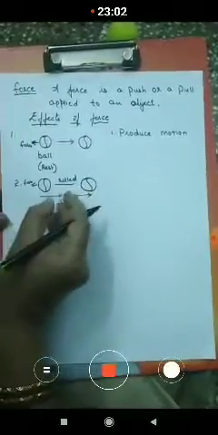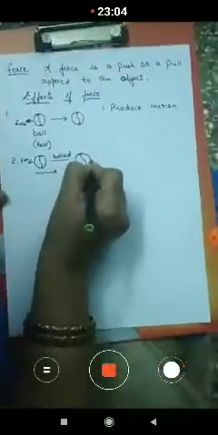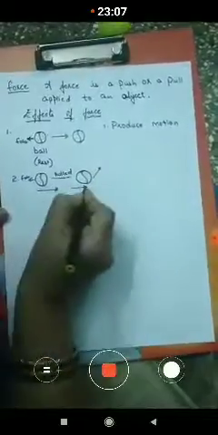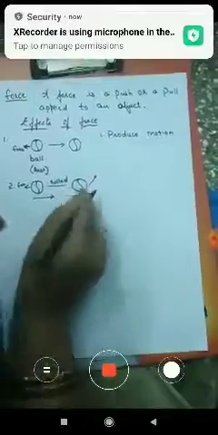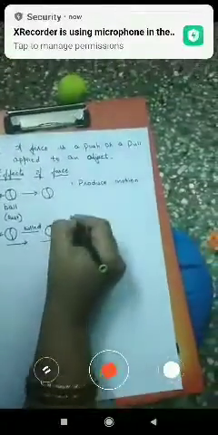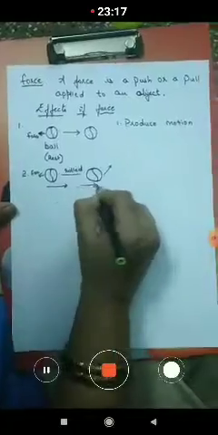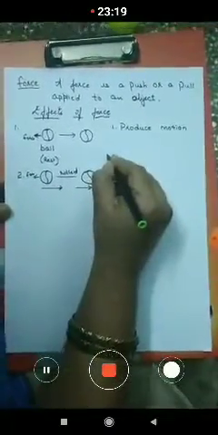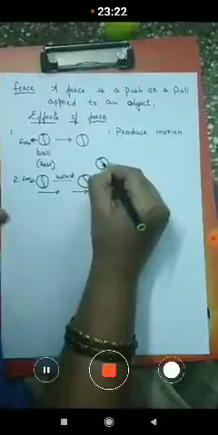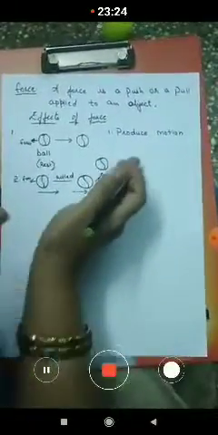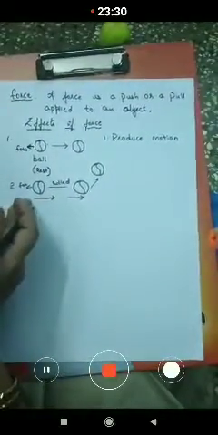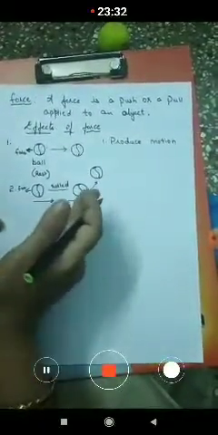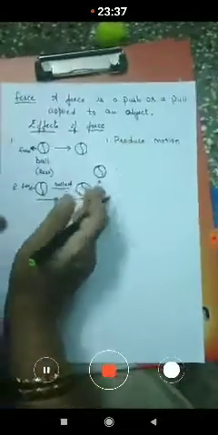Now what I am going to do, after some time, I'll change the direction. I'm applying the force in this direction now. When I apply the force in this direction to the ball with my hand, the ball which was moving in the straight position, now it has changed its position. It has changed the direction of the motion. So a ball which was moving in the particular direction, when I apply the force, we can change the direction of the motion of an object.